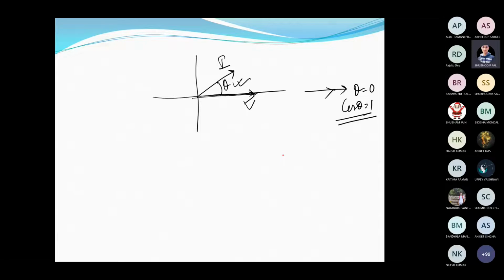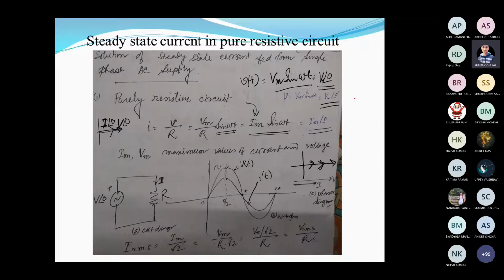All right. So here you can understand, as I told you, that if we excite a resistor by an AC circuit, in that case the voltage and current, right? So if we represent the voltage, say Vm sin omega t, what will be its phasor representation? It will be like this. It has RMS value and its angle is 0. Mind it, its angle is 0.